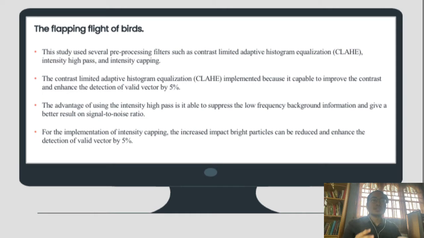Then, the study of flapping flights of birds has fully utilized the application of PIV Lab. This study used several pre-processing filters such as contrast limited adaptive histogram equalization (CLAHE), intensity high pass, and intensity capping. The contrast limited adaptive histogram equalization was implemented because it is capable of improving the contrast and enhancing the detection of valid